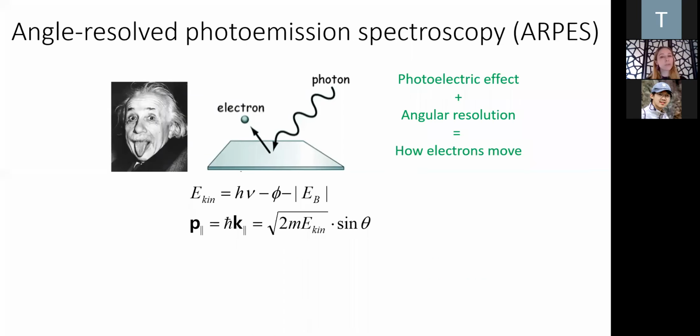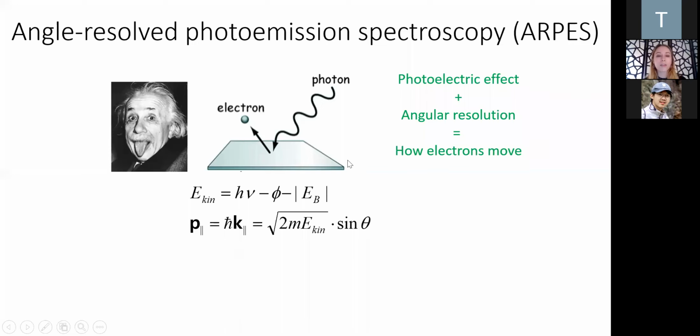Dispersion relations are something that can be measured, and the technique to measure them is one that my group does. It's called angle resolved photoemission spectroscopy, or ARPES. This is a technique that's based on the photoelectric effect. The idea is you shine light on a material and you eject electrons, and it turns out that these electrons are still carrying information about how they were moving back inside the crystalline solid.